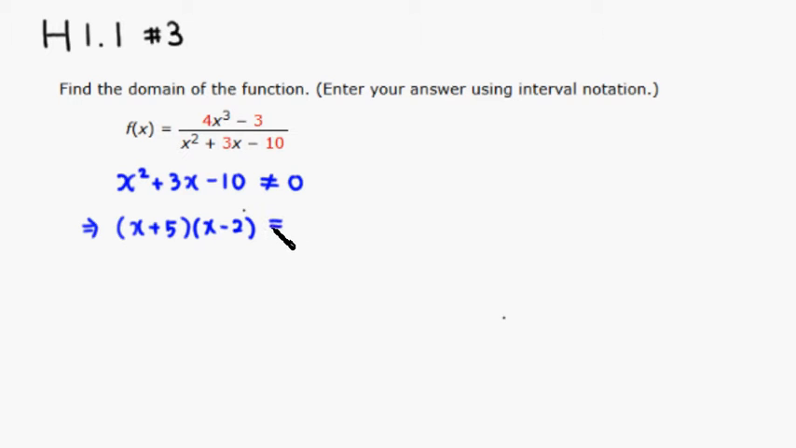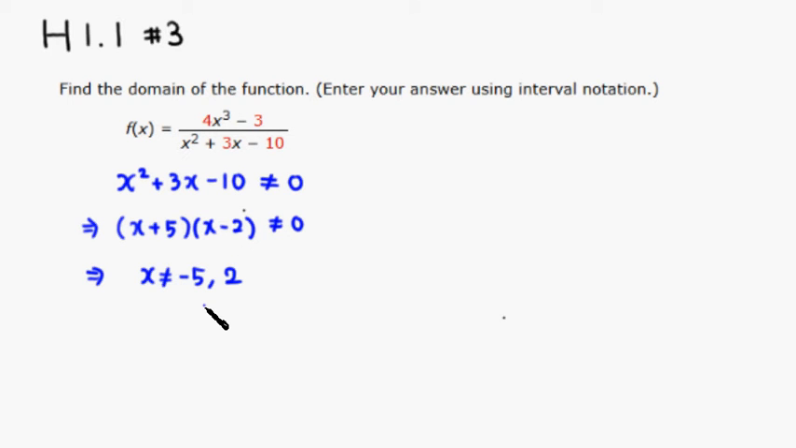We don't want this to be 0. So it looks like when x equals negative 5, this whole thing becomes 0. So x cannot be equal to negative 5 or positive 2. In order to write all real numbers except for these two numbers, negative 5 and 2, in interval notation,